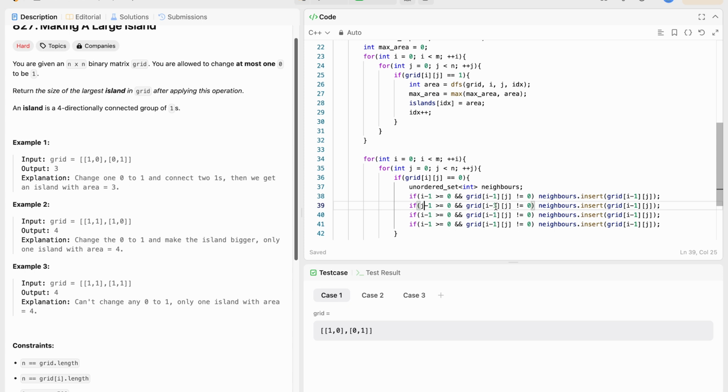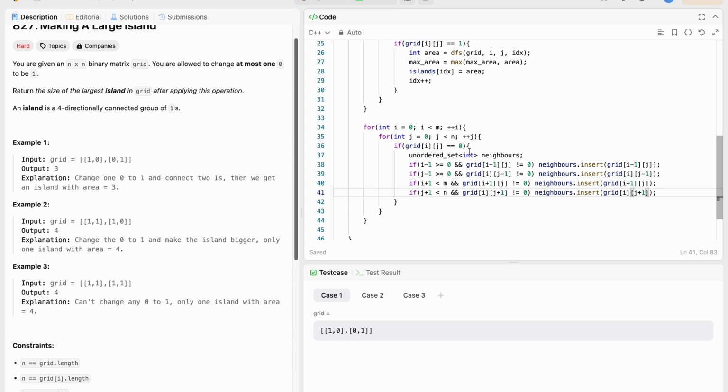So j minus 1, then i plus 1, it should be less than m, and j plus 1 should be less than n. And so we have all the neighbors, all the unique neighbors. So for int nn in neighbors,